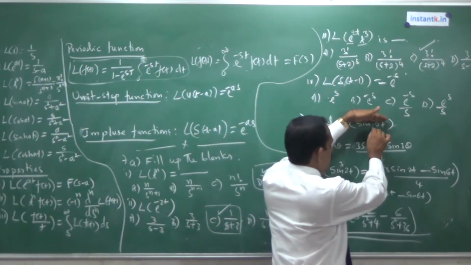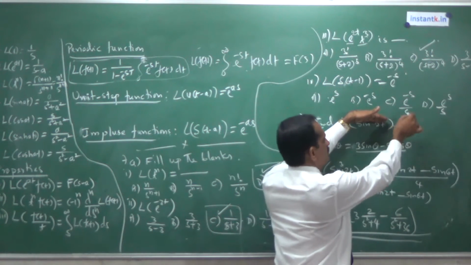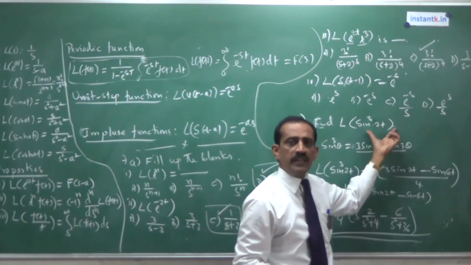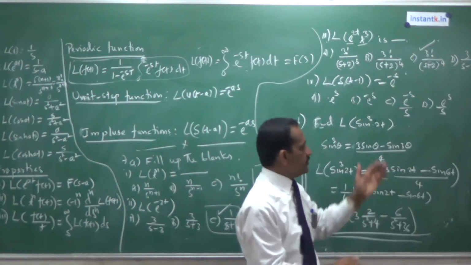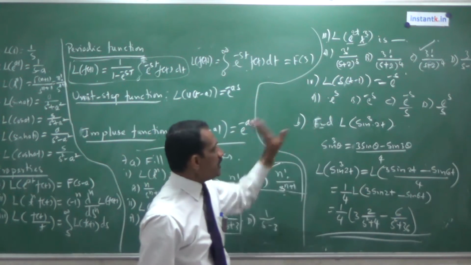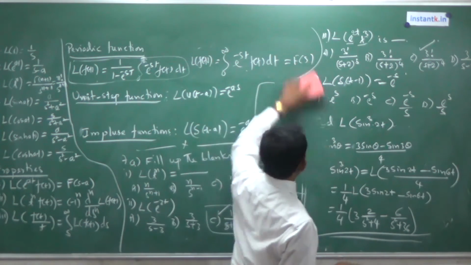So it may be cos A sin B, cos A cos B, or sin A, one more sine will be there: sin 3t into sin 2t into sin t. Take any two together, make use of the formula, then simplify. In all these type problems, the method is same: converting to the standard form, and you have to get it. This is the answer for the B question. Next, we shall see another one.